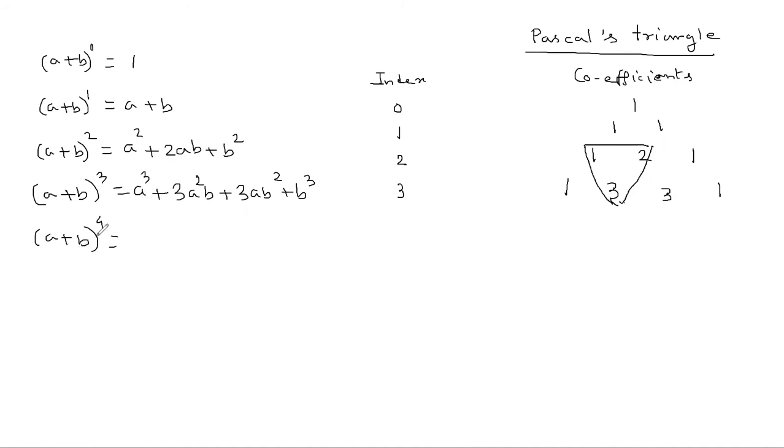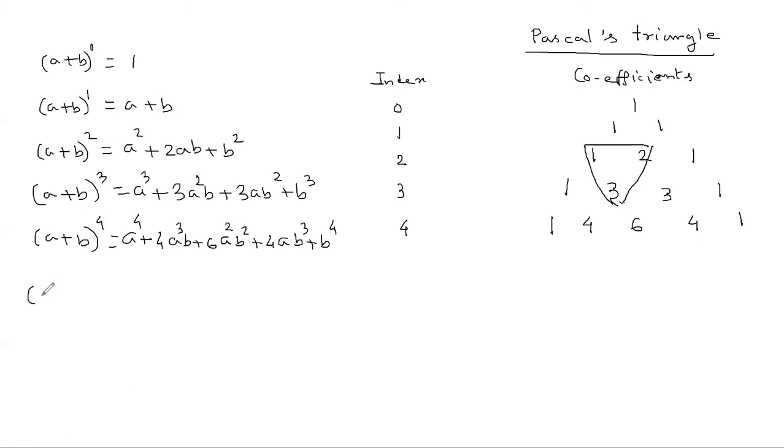Okay. So similarly, if I want to write (a plus b) power 4, here also we can find this very easily. So we'll start with 1. Then it is 1 plus 3 is 4. Then it is 3 plus 3 is 6. Then it is 3 plus 1 is 4. And the last one is 1. Okay. So it is going to be a power 4 plus 4 a cube b plus 6 a square b square plus 4 a b cube plus b power 4. You can verify this from binomial theorem also. That means taking 4C1, 4C2, 4C3 and 4C4.